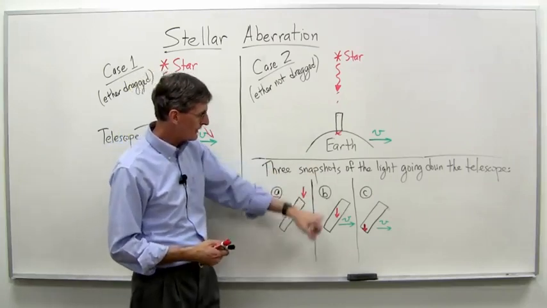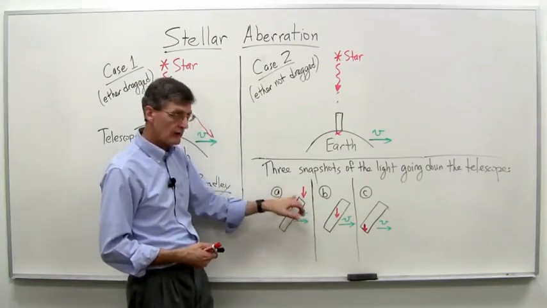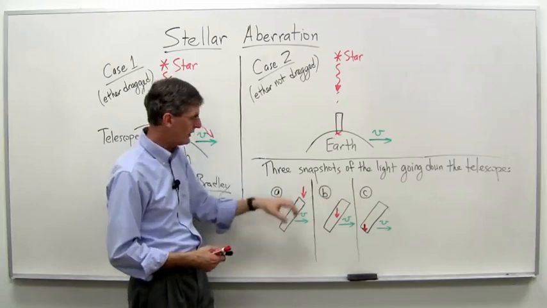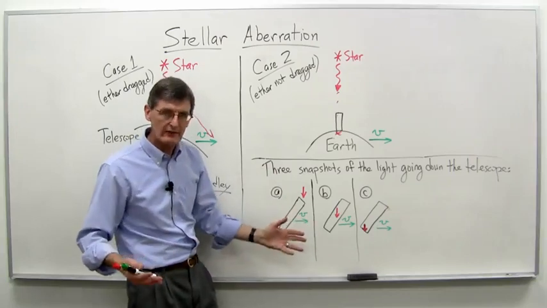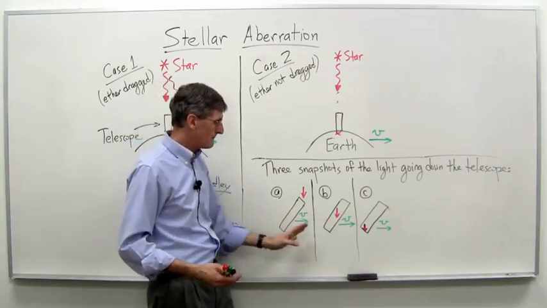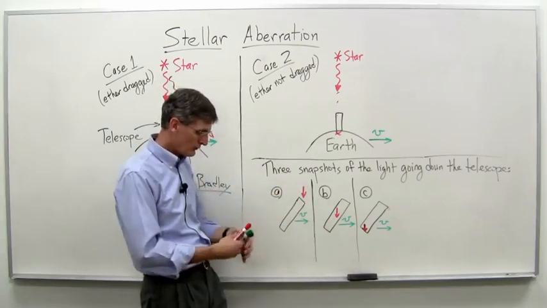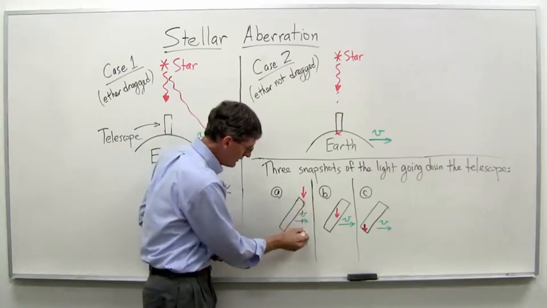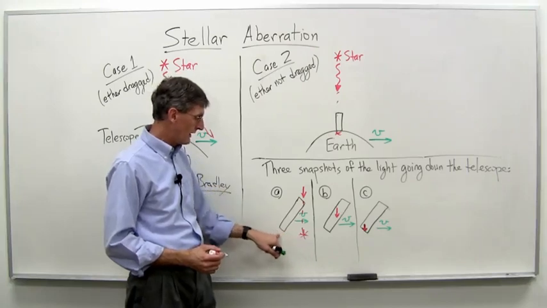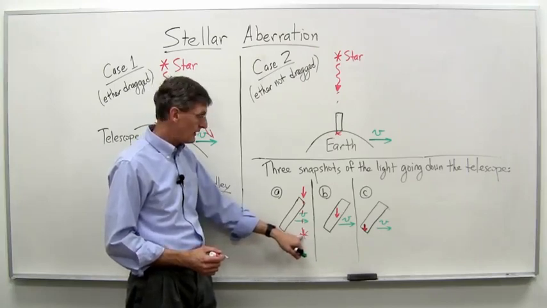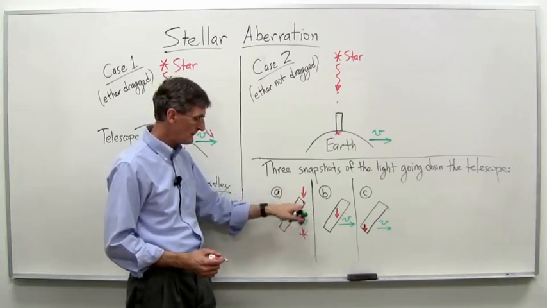And because the starlight's going to end up at the bottom when we're over here, we have to catch it earlier on. So this is like 3 snapshots, A, B, C. We catch the starlight coming down just as it enters. We'll say a second later. It's much quicker than that, of course. But a brief instant of time later, the light has come straight down. So it's going straight down. And it's going to end up, you see, this is where that starlight is going to end up, right there. But if we had positioned the mirror at that point, then it hit the side of the telescope coming down. So we've got to have it just enter the telescope here.